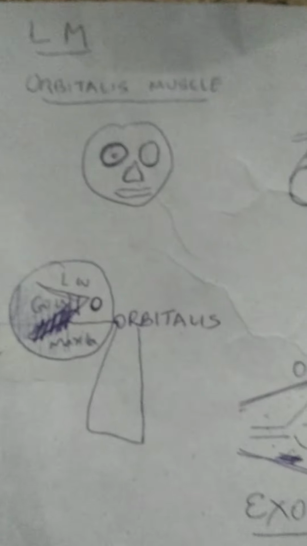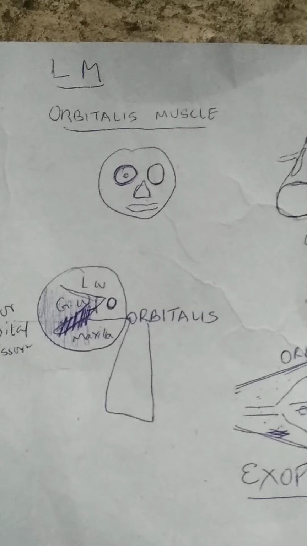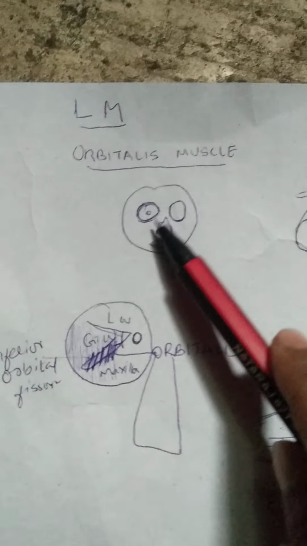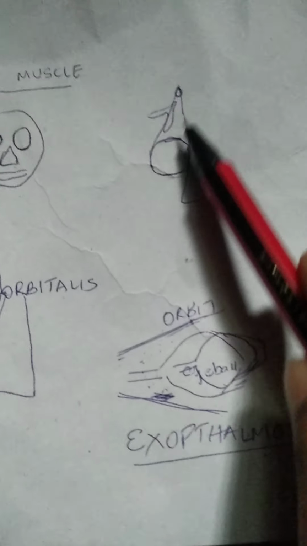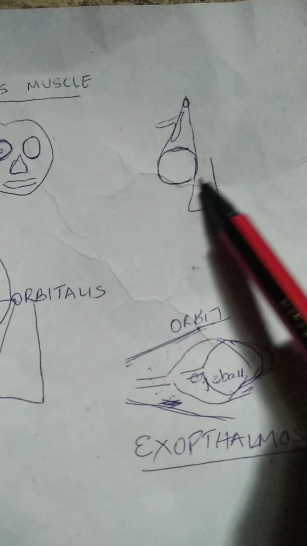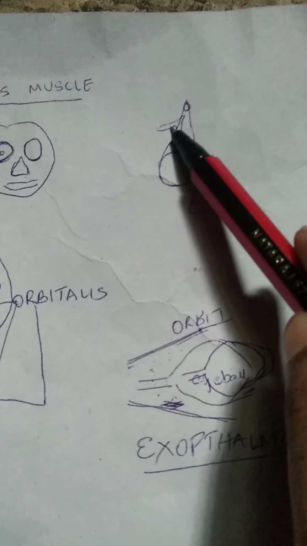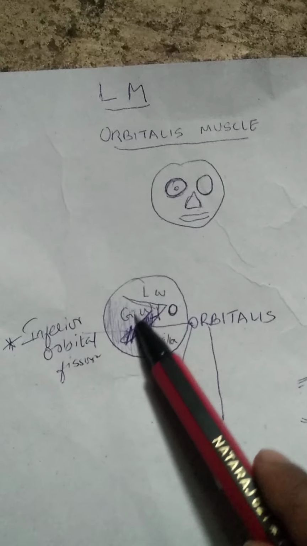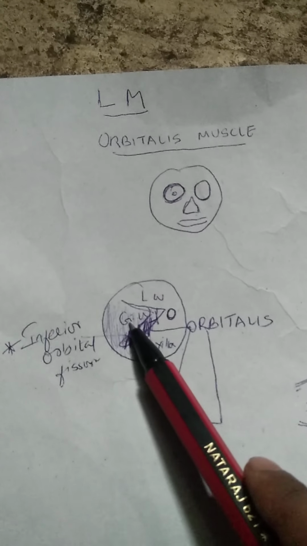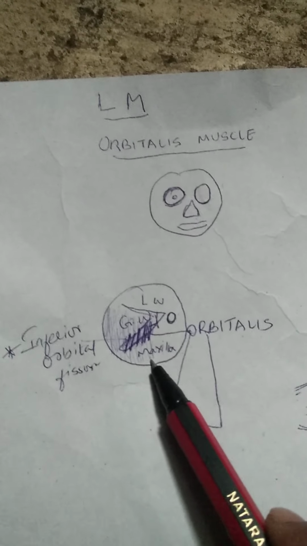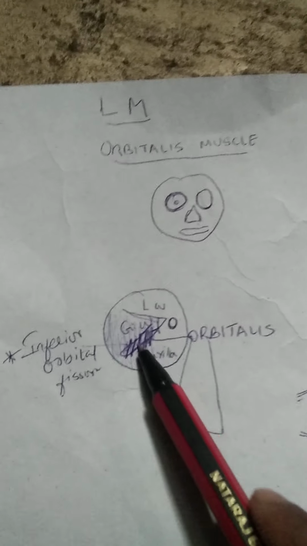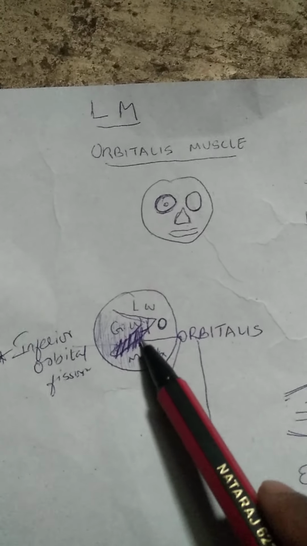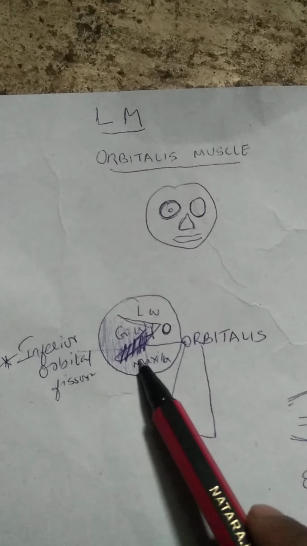So in summary, the orbitalis muscle is a non-striated or smooth muscle located within the orbit. The orbit is a conical structure. It has an orbital margin, the optic foramen, and the superior and inferior orbital fissures. The superior orbital fissure is between the lesser wing and greater wing. The inferior orbital fissure is between the greater wing of the sphenoid bone and the maxilla, and that fissure is bridged by fascia periorbita, which is the outer layer of the dura mater. It is also bridged by the orbitalis muscle.